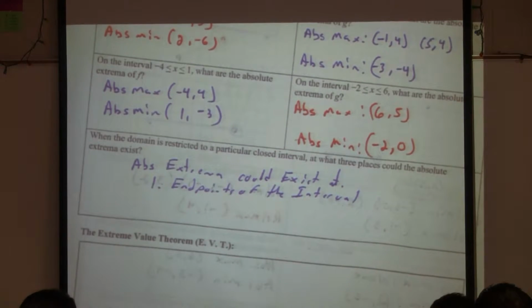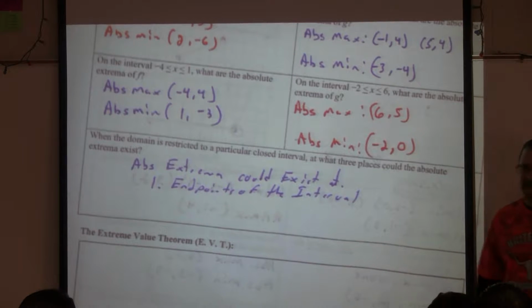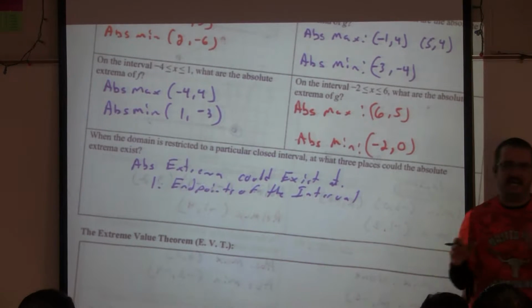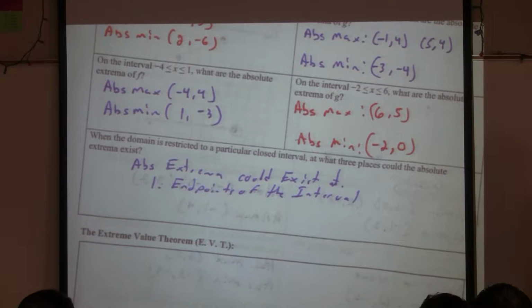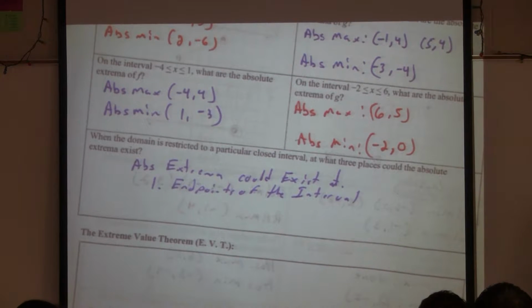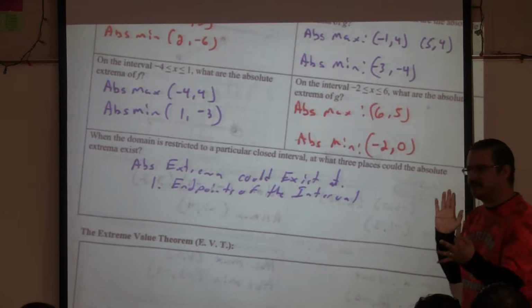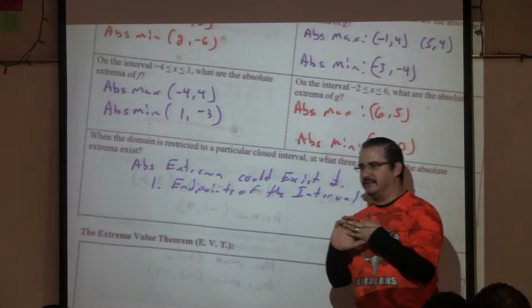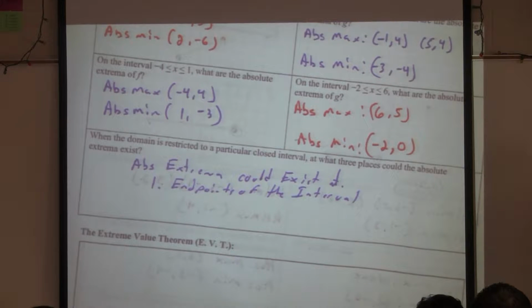So what would you think the other two places could be? If I say relative max or min, that's implying that it could occur at a critical number, which would be where the first derivative was equal to 0 or undefined. So that's where the 3 come from. At an endpoint, where the first derivative equals 0, or where the first derivative is undefined. We can actually write it as 2. We could just say endpoints of an interval or